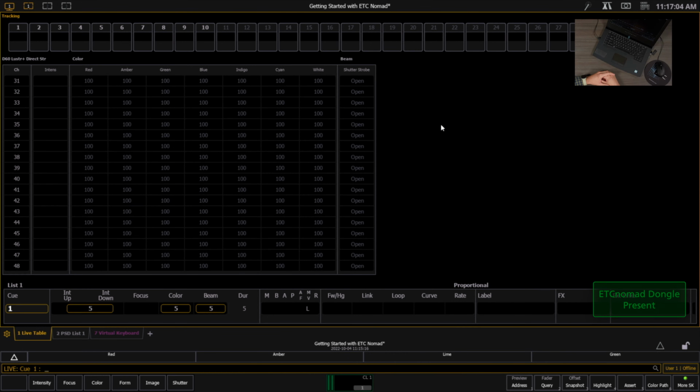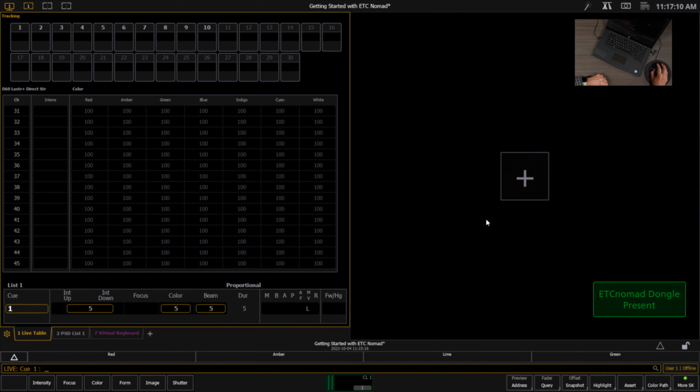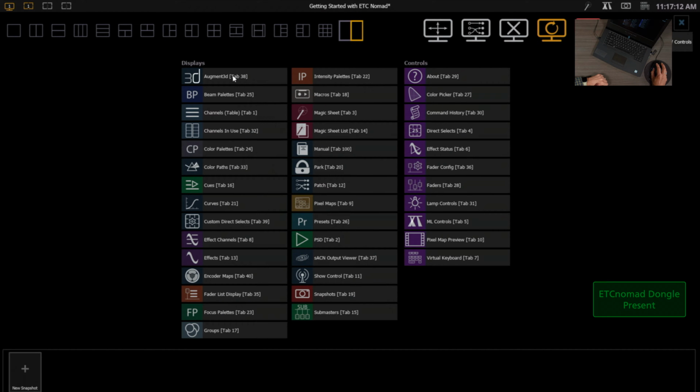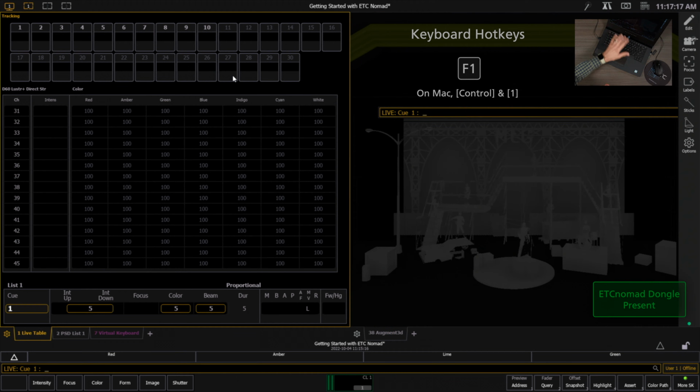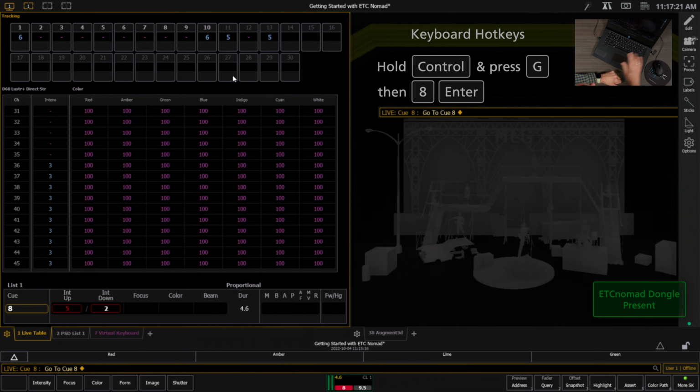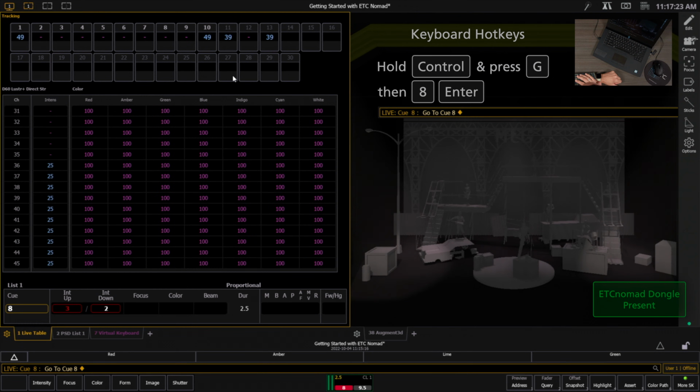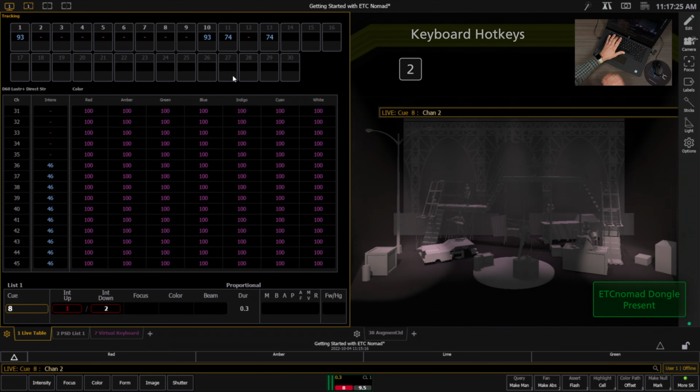Here's a queuing exercise, but we're going to use hotkeys instead of the console keypad. First, I'm going to make a split screen and open an augmented tab on the other side so that we can see what's going on. I'm going to make sure I'm in live, and I'm going to start by going to cue 8. Now I can say channel 2 at full,